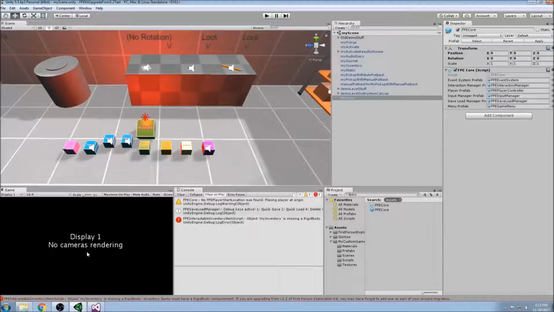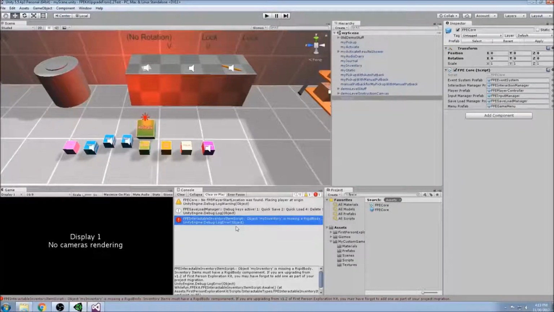So we got an error about an inventory type because we had a custom inventory type. Now there's a little bit of a migration that needs to happen here, and I'll show you how to upgrade any old inventory type objects you had by making them compatible with the new inventory system and menu and all that kind of stuff. So first, there's this error here that says that the object, my inventory, is missing a